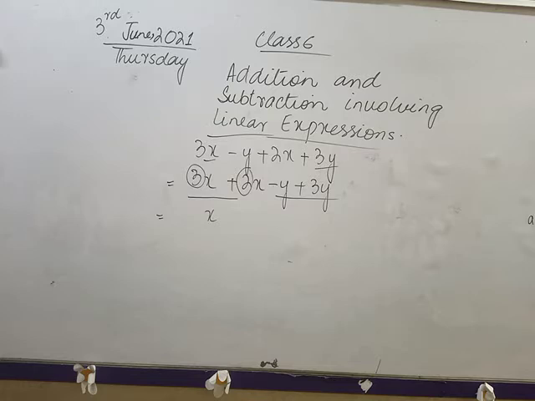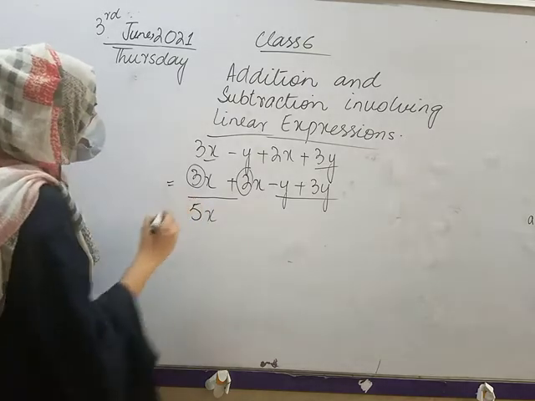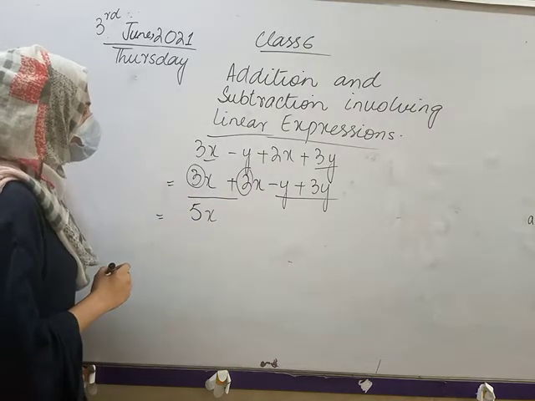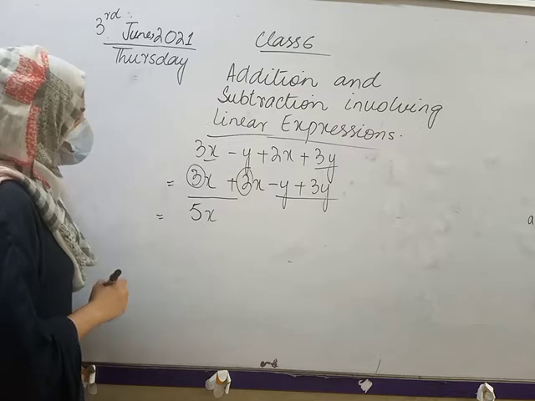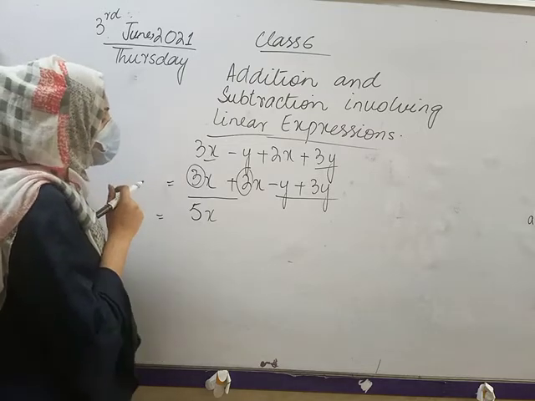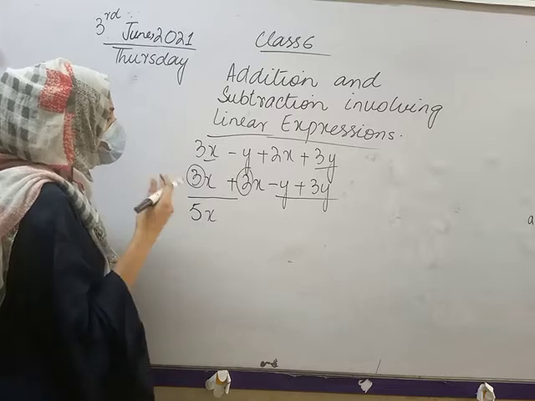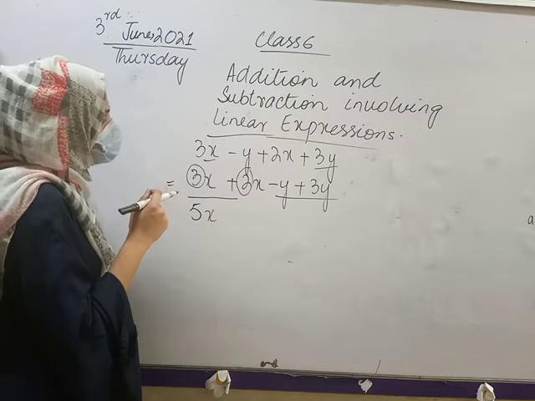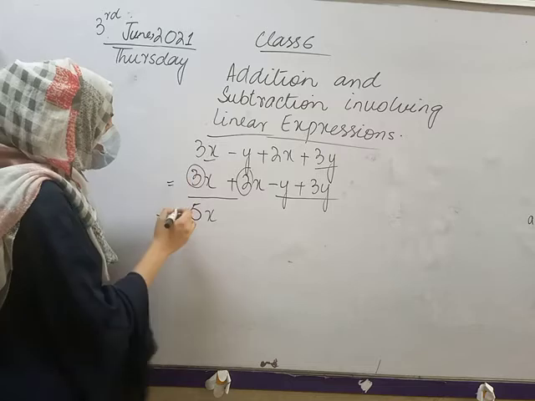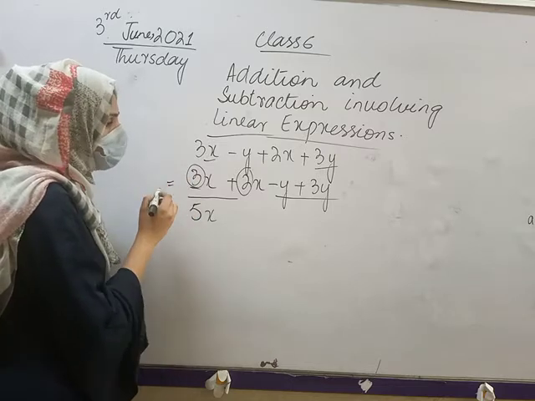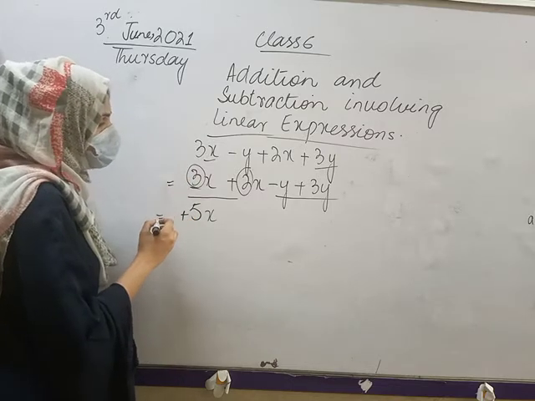What do we do? We add the numbers. So when we have 3x and 2x and a positive sign in between, we will add the numbers, and in the end we have 5x. We will write as it is. Fine. Now in the next step we will assign the sign. On what basis do we assign the sign? Very good. Plus, the greater value, greater value here is 3, so we will assign the plus sign here.